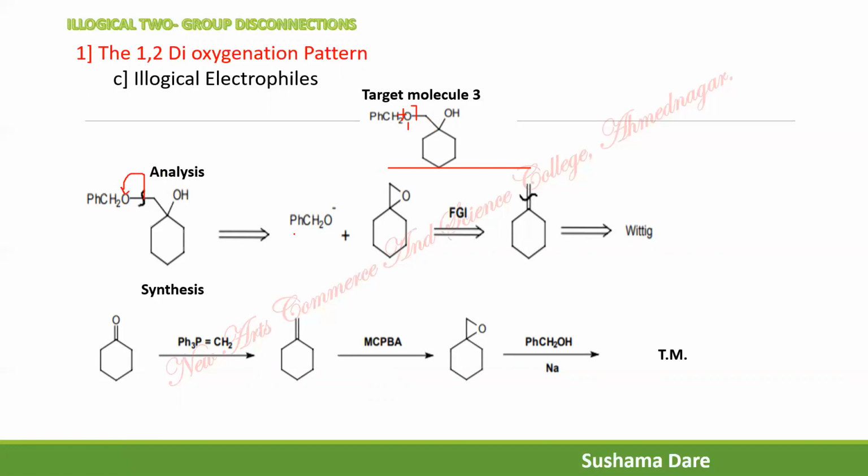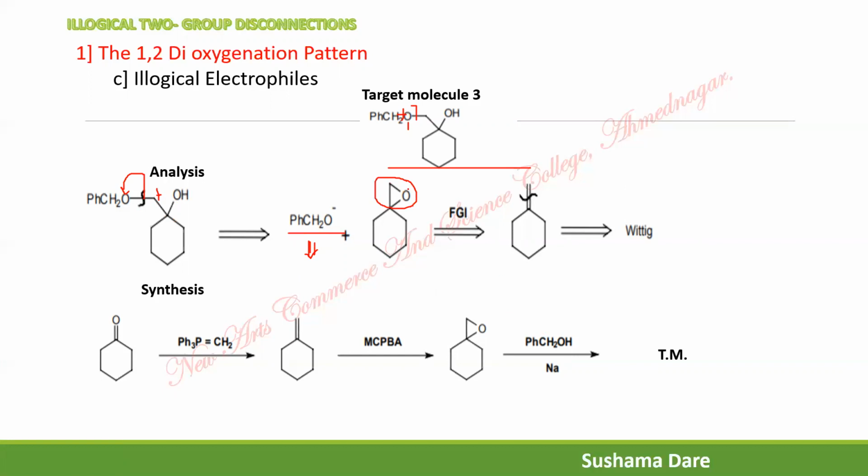So it gives what? PhCH2O minus synthon. So the synthetic equivalent for this is phenol. So this is a phenoxide, this is a benzoxide ion. So the retro of this is benzyl alcohol. So what happened with this remaining part now? Now there is a positive charge after this disconnection. So CH2CH2OH, the best synthetic equivalent for this is, just write down the epoxide.